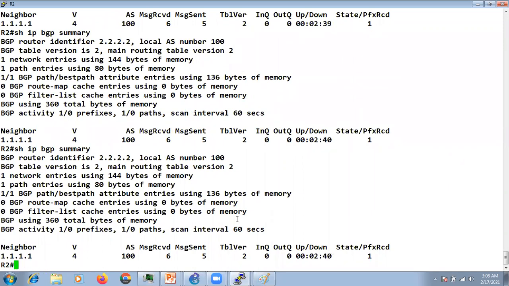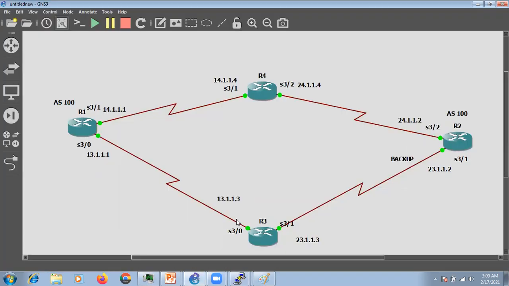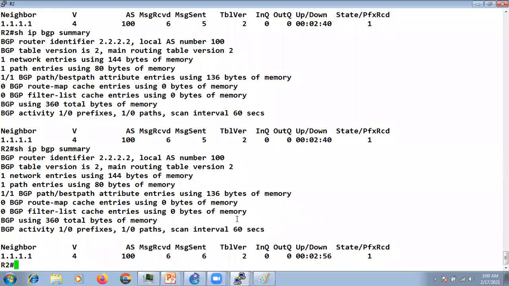Because as you know, the BGP timers are quite large. It's around 180 seconds, right? So before 180 seconds, it will not consider its neighbor as dead.